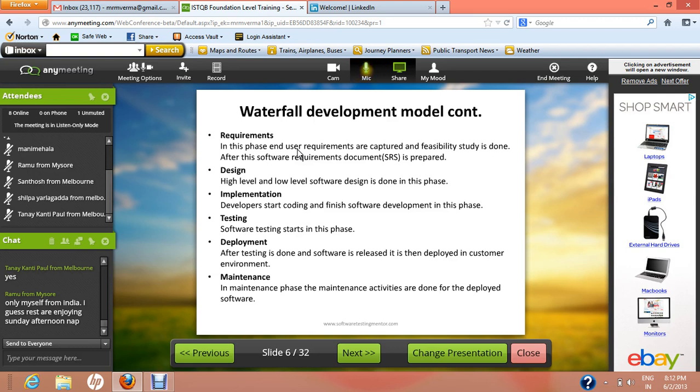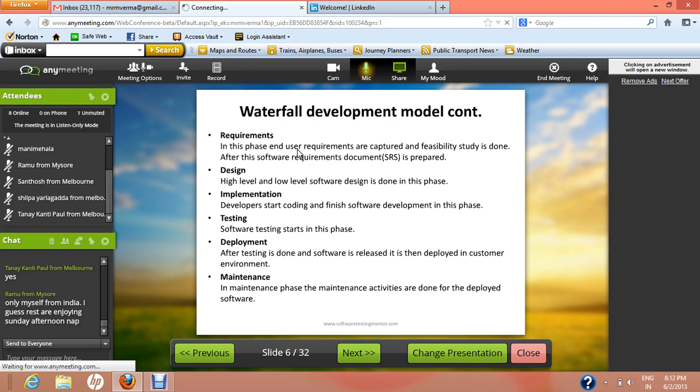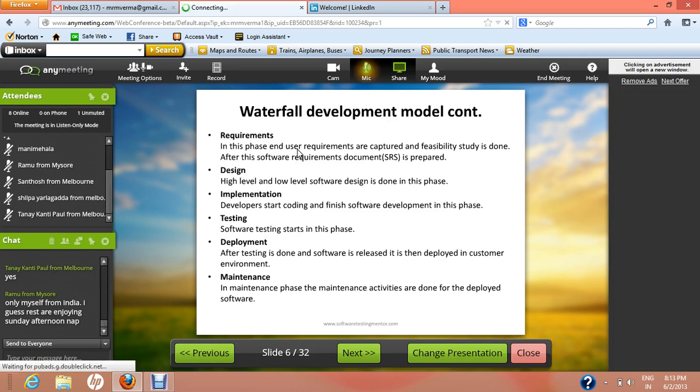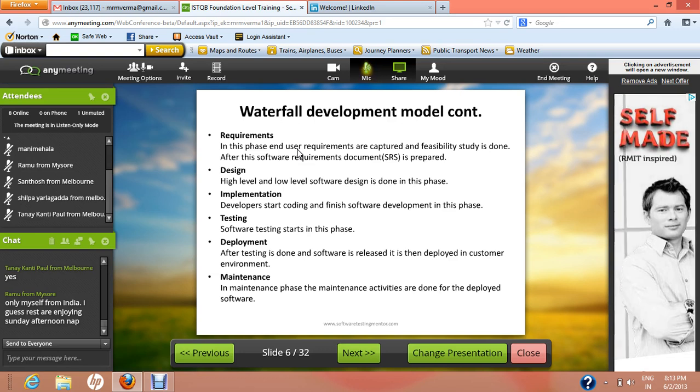And once the software is tested and all the defects are fixed, only then is the software suitable to be deployed or to go live. Once the testing phase is over, the deployment is done for the software in the customer environment. And after the customer deployment, the maintenance part begins, wherein if there are defects found after the deployment, they are fixed, or if there are upgrades or enhancements to be made,